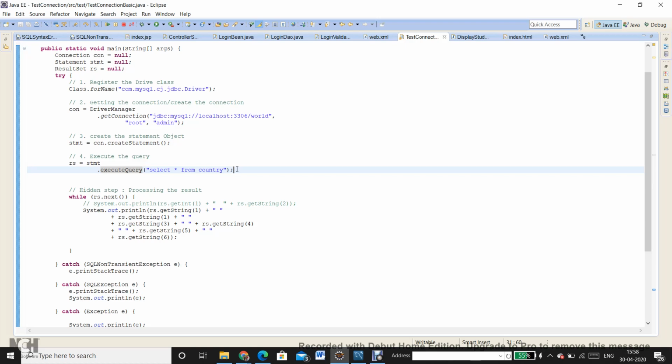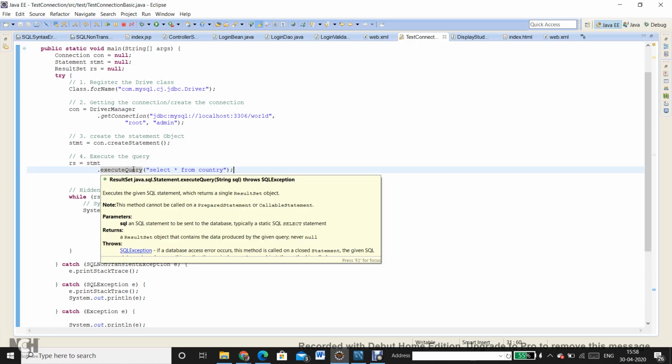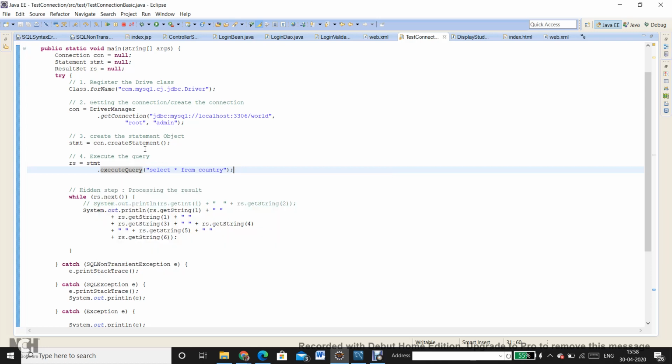Why? Because the execute query method returns a result set. The result set basically contains all the records that I am asking for. But in our case, when we have updated the state of the database, I will be more interested to know how many records have been affected, instead of what all records have been affected.